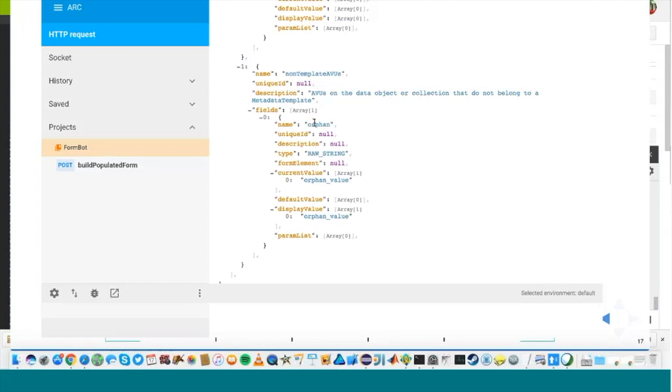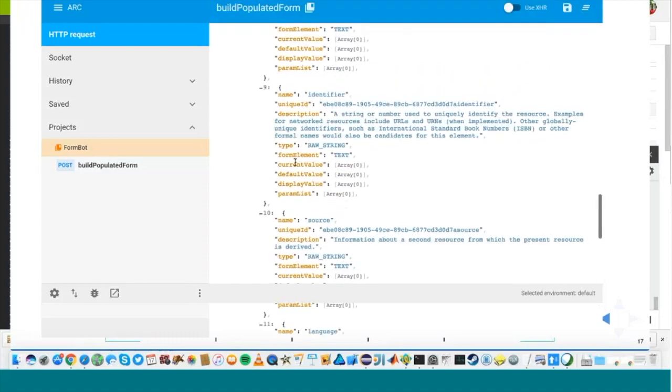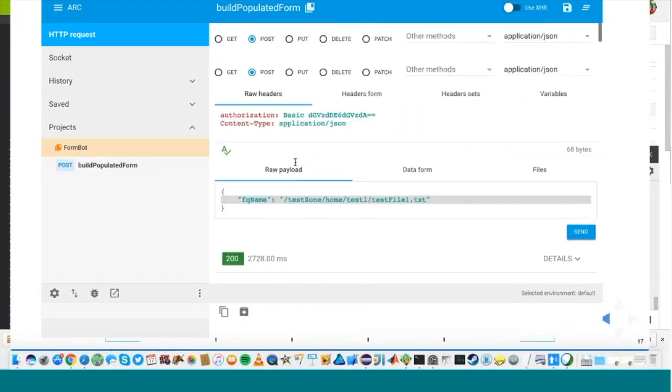If you wanted to put just a one-off, this is Rick's special metadata associated with a given data object, you can do that, and the front end is still smart enough to gather all those and marshal them and provide them in the user interface, even though we're sort of metadata template centric at the moment. And so it's just a matter of this one call that goes to the back end and does all these things. So we have,